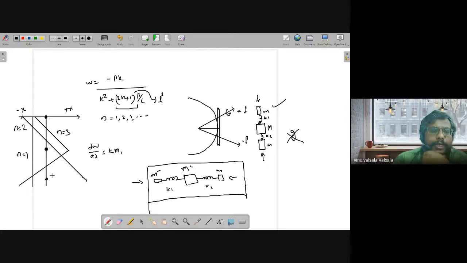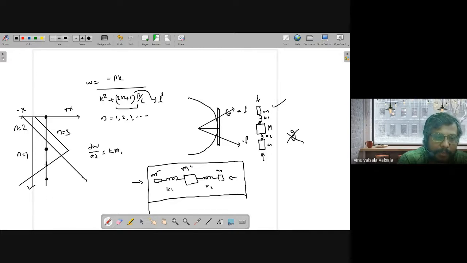Why are there 3 types of solutions possible? What are the solutions actually? We are talking about the displacement produced by the individual masses in the 3 mass 2 spring system. So only 3 types of motions are possible. Either all the masses can move in the same direction, so the solution will be the straight graph I showed here. So I can put a tick mark here. This is the first one we are talking about.